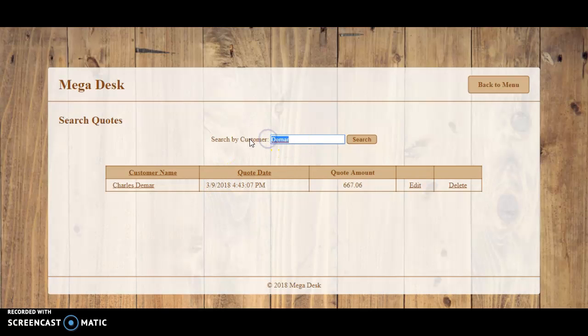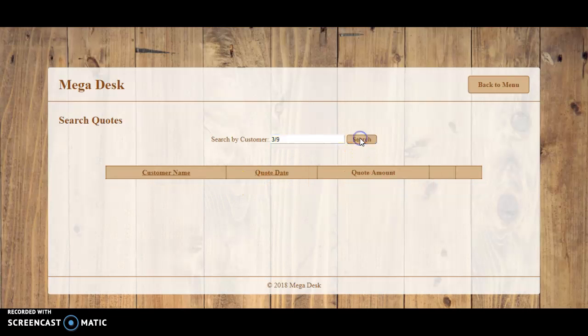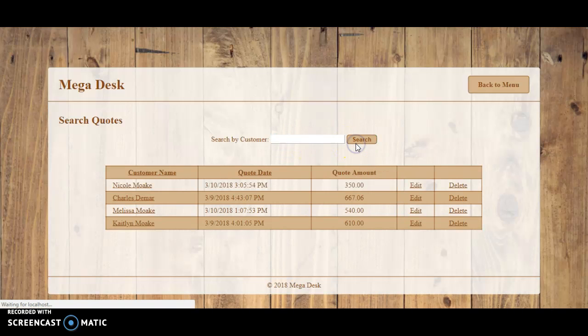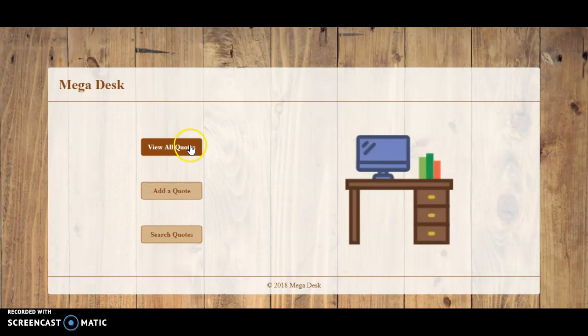Now this is only searching by customer name. If I try and search like 3/9 as the date, nothing shows up because it's only for the customer. And if I clear the search and go back, it shows me everybody. So we'll go back to the main menu and go back to our View All Quotes,